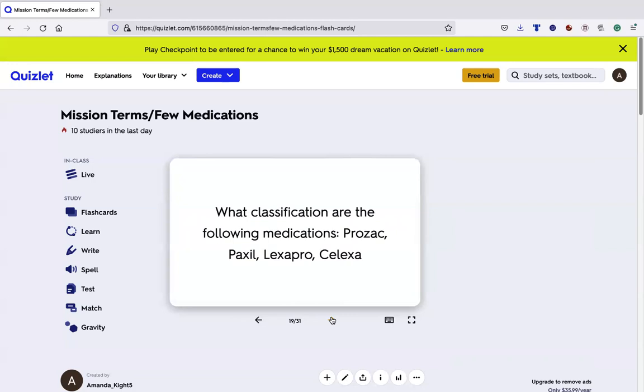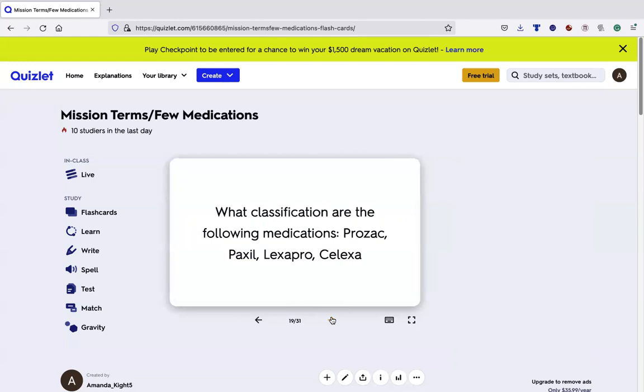What classification are the following medications? We should know this. We have reviewed this in our depression lecture. So again, I will list the medications you need to know before quizzes and tests. Other than ATI, I may not get all of them, but as I mentioned, I am going to give you something to go by because we may not have covered everything for your midterm on ATI, but I will give you something to kind of go by on the ones that we have not covered.